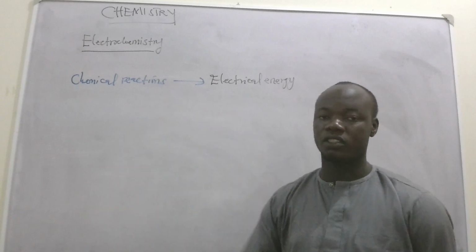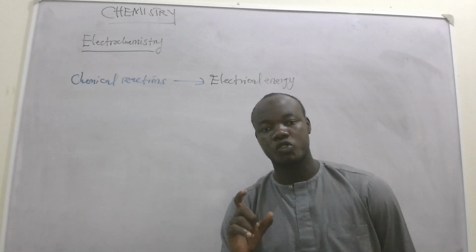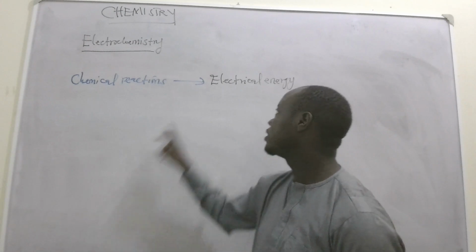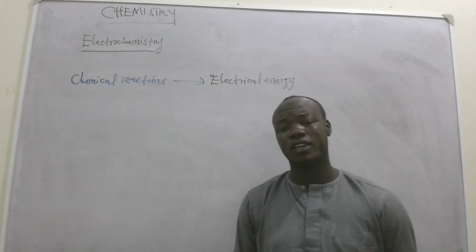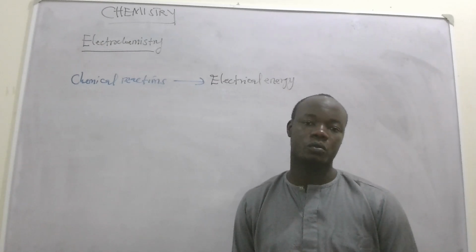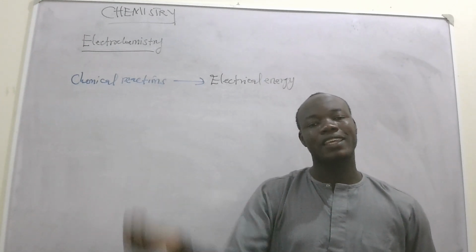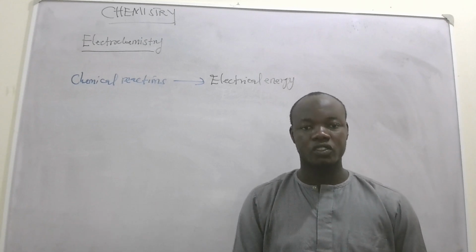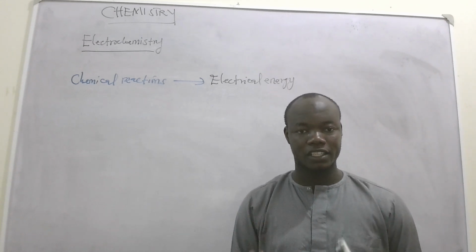Today we are going to look at the concept of electrochemistry. And what is electrochemistry? Electrochemistry is a branch of chemistry that deals with the study of how chemical reactions are converted into electrical energy. Generally in chemistry, we have different types of reaction. In electrochemistry, chemical reactions are converted into electrical energy. It is a branch of chemistry that involves the use of spontaneous chemical reactions to generate electrical energy, and that